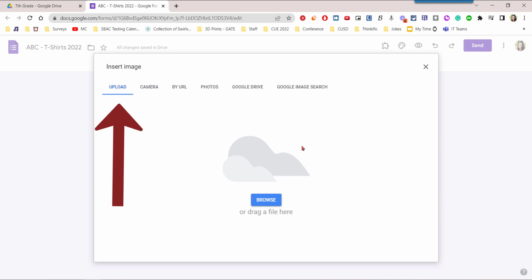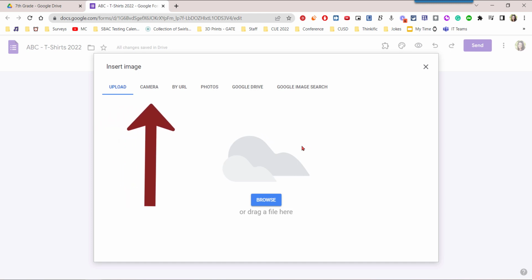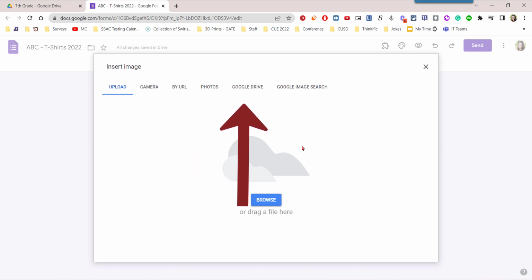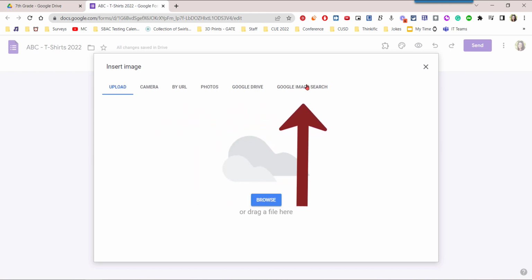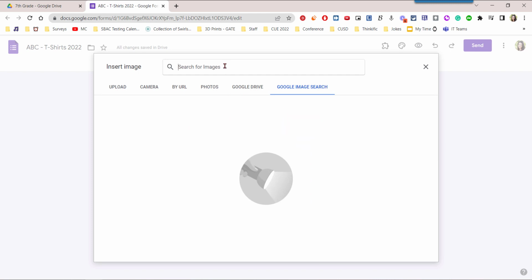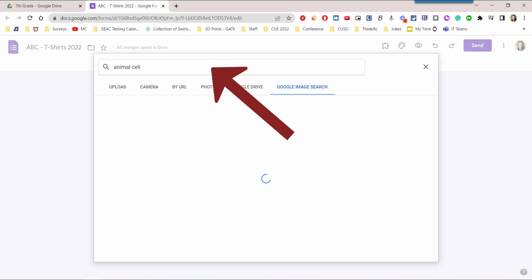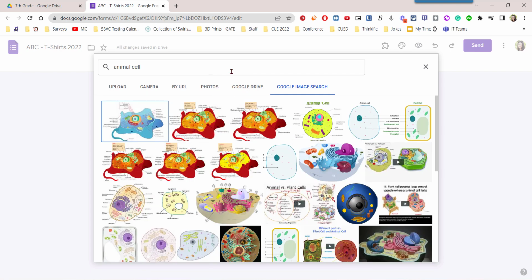Do I want to upload something from my computer? Do I want to use the internal camera of my computer, the one that's pointed right here at my forehead? Do I want to use a URL? Do I want to pull from photos, Google Drive? Do I want to do a Google image search? Over here on the right-hand side, if I typed in animal cell, okay, we're not working with a quiz right now,